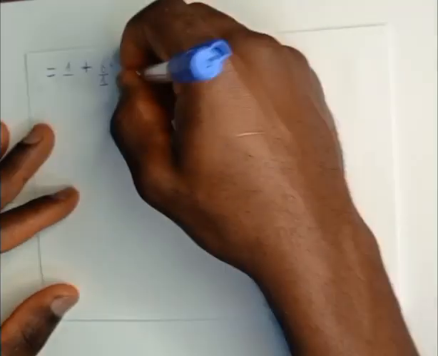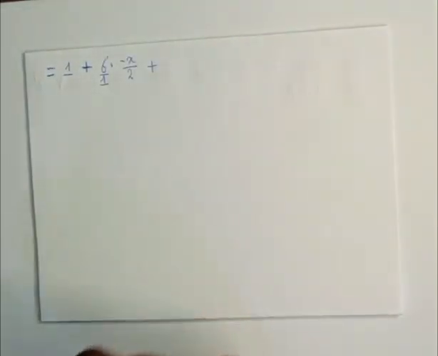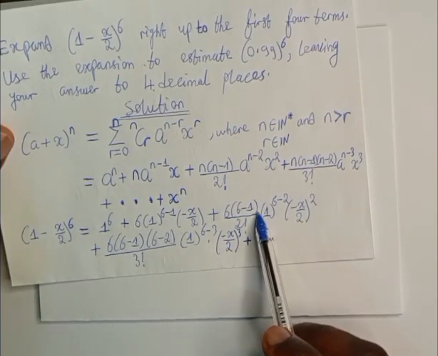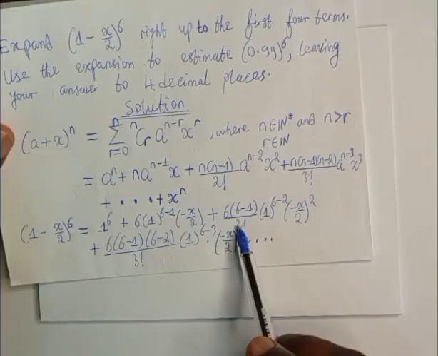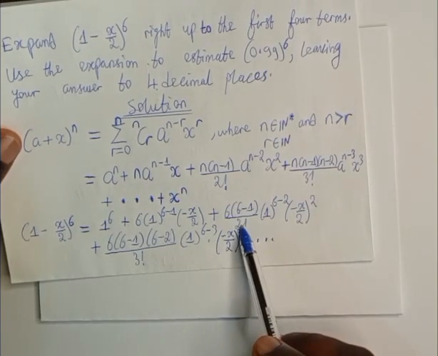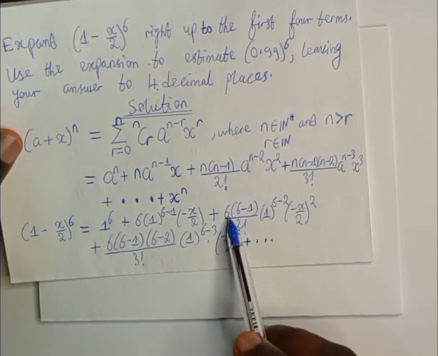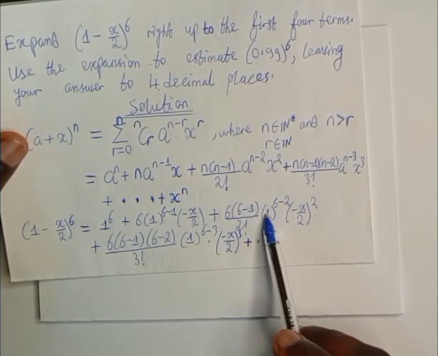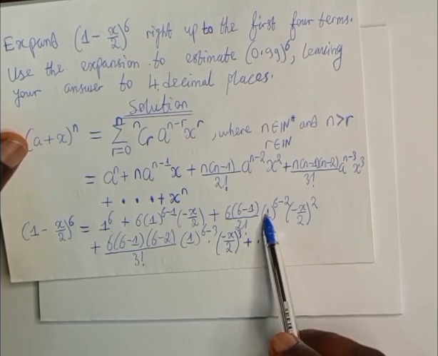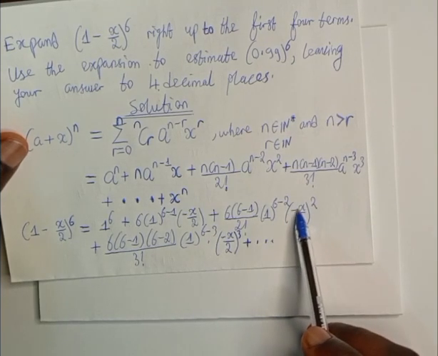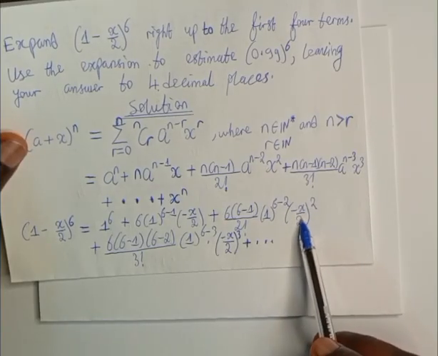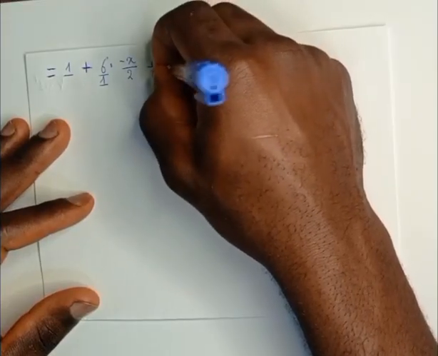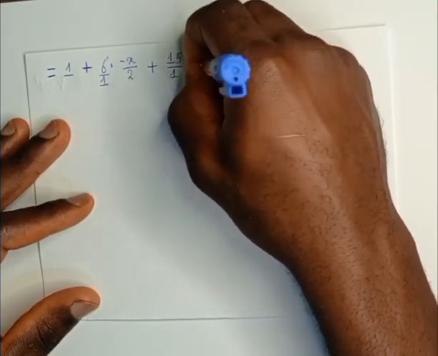You can write 6 as 6 over 1, plus this will give us 6 times 6 minus 1, which is 5, all over 2 factorial, which is the same as 2 times 1. 2 will go into 6 3 times. 3 times 5 gives us 15. 15 times 1 remains 15 times negative x on 2, all that squared gives us x squared on 4. So this will give us 15 all over 1 times x squared on 4,